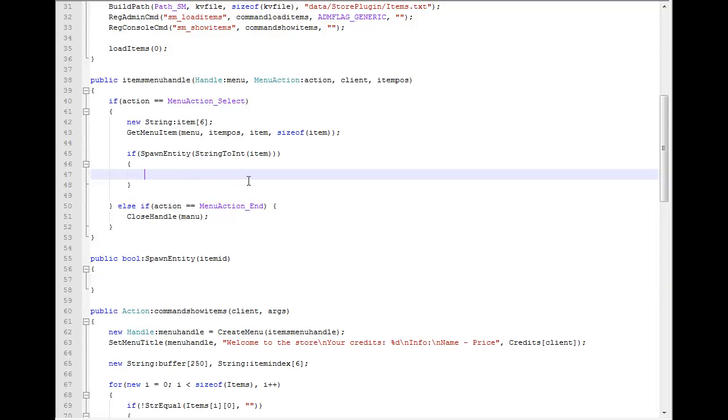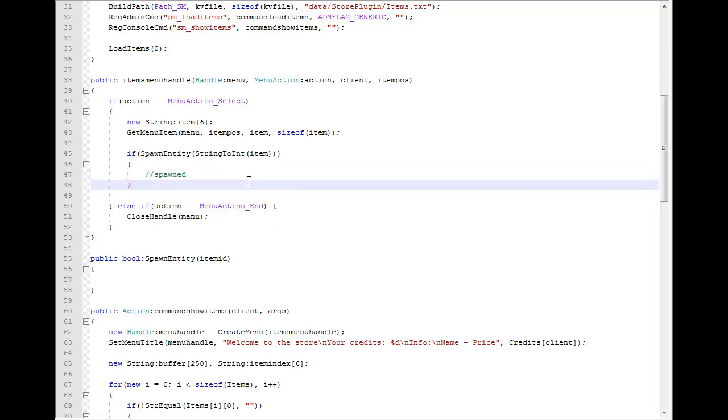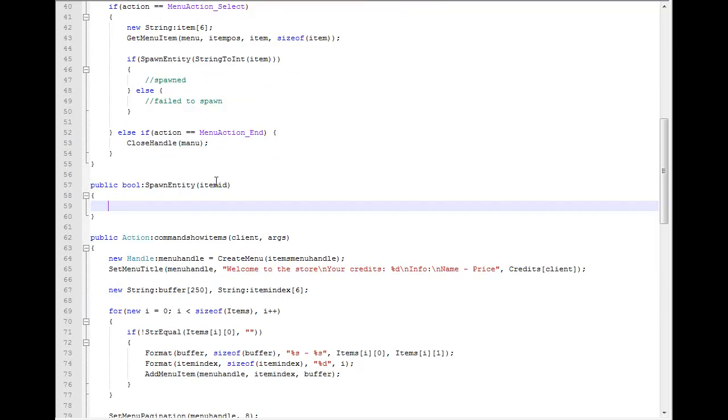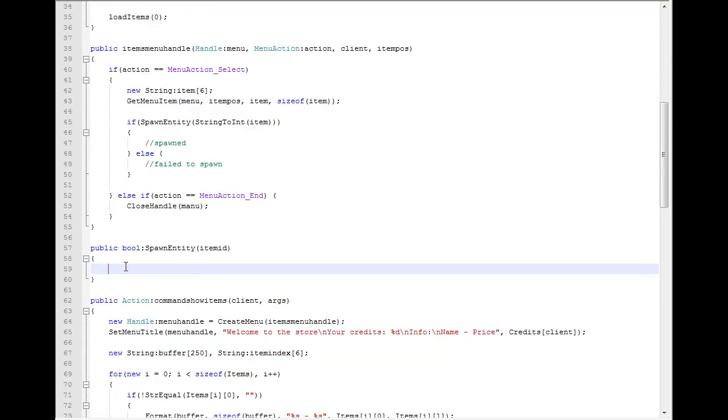So here we're going to add the spawned, and in an else statement we're going to say fail to spawn. We can do that here or there, doesn't matter. And then we can print the error to the console actually. I'm actually doing this to teach you guys how a boolean function works. You don't have to do it. It's actually better if you don't do it, but whatever. So we get the ID of the item that we selected, right, from here, and now we want to actually get the